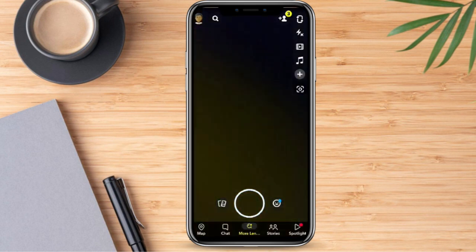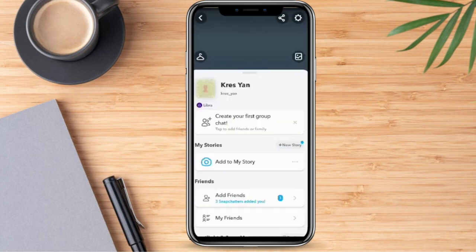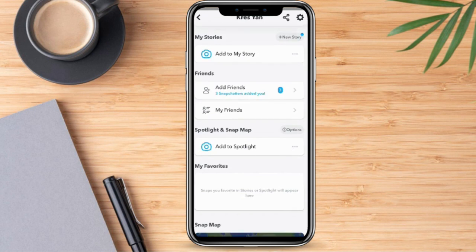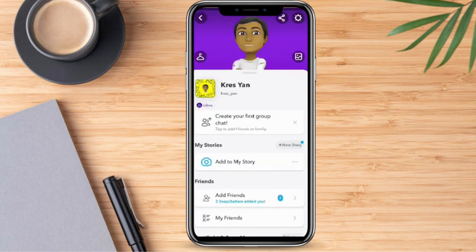Once we are on this page, we can go ahead and click our profile icon. And if you notice on our screen right now, if we scroll down, there should be an option wherein we can create a public profile. However, at this time, we still don't have that option. So in order for us to make sure that that option is visible, we need to go ahead to